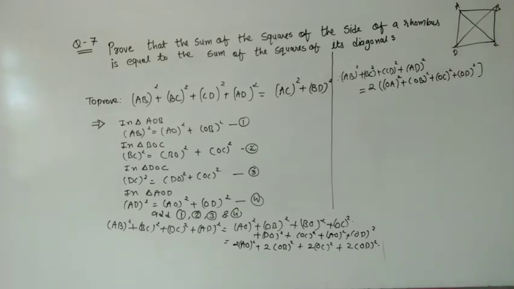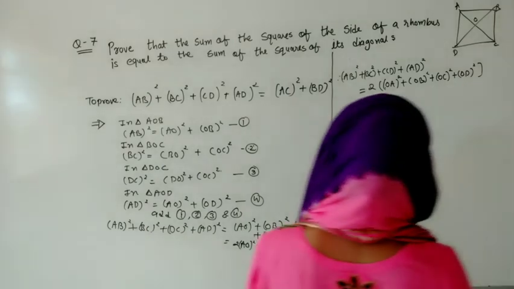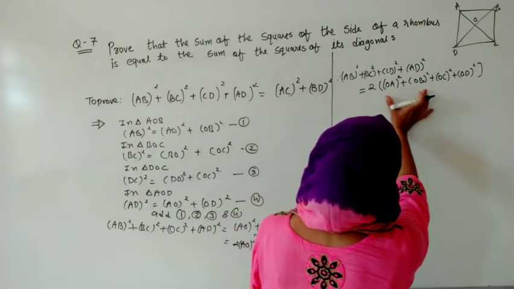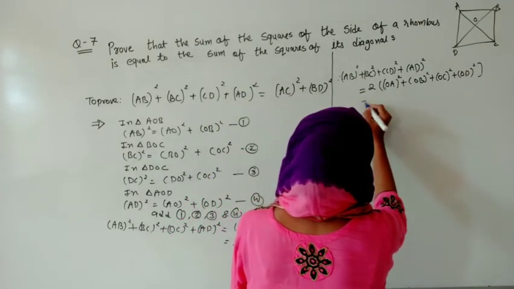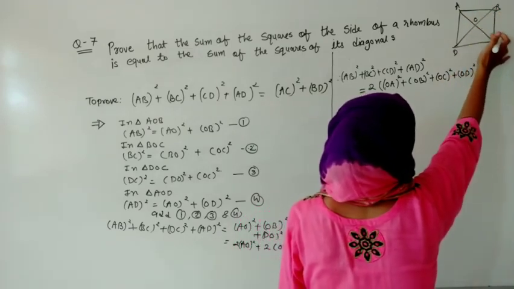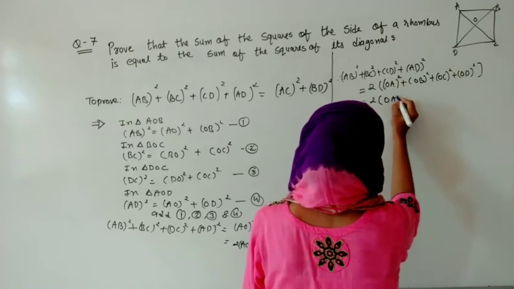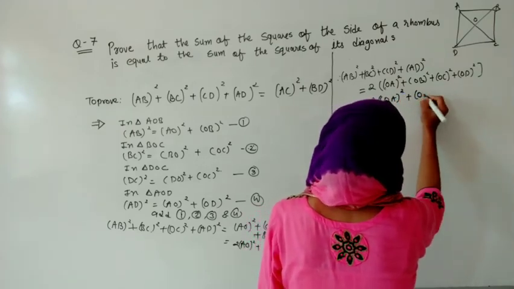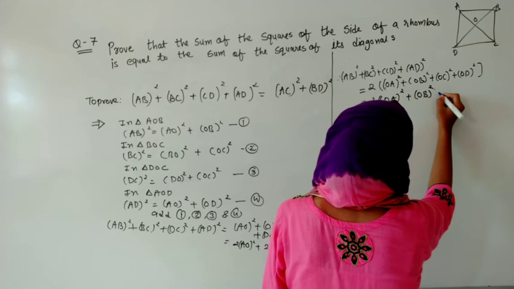The diagonals were AC and BD, right? And here was O. So here, as we know, the diagonals of the rhombus bisect each other into two equal parts, right? So here we can replace one value. So what we will do, watch it over here. How will we replace this value? Let us see. So 2 we will keep as it is. In place of AO we can write OC, or in place of, so here OA I will keep as it is. Here I am keeping OB whole square as it is, right?